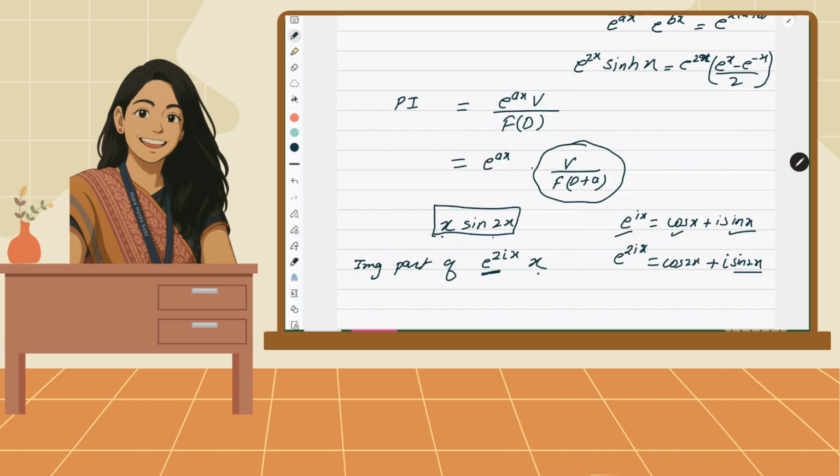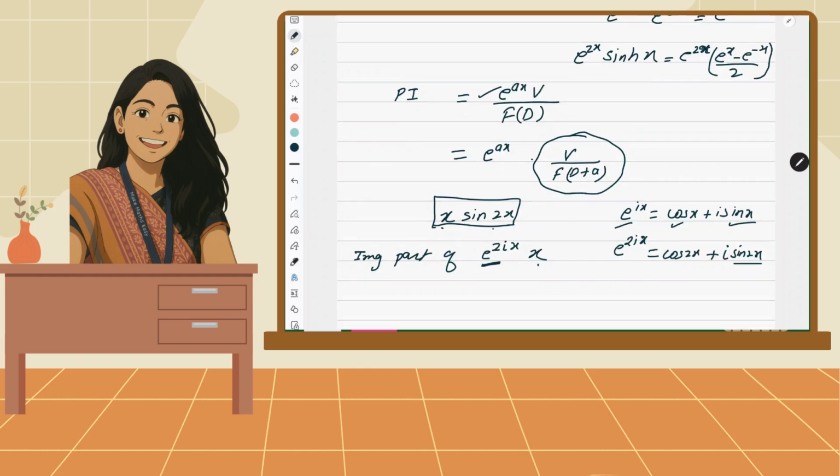Anyways, this is a different category. There is one direct formula also to handle this. I just told you that this can be converted to this format. Right now our focus will be to solve this type of question, this category only, where e to the power ax and v is there. I won't be taking questions for that category right now. I just told you that category can be reduced to this category as well.